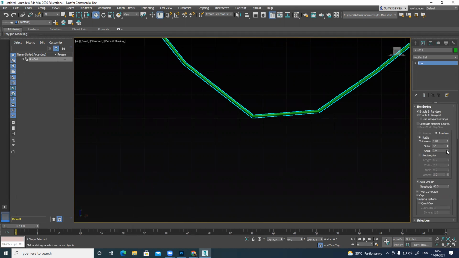This is fine. Right. So that's not required.